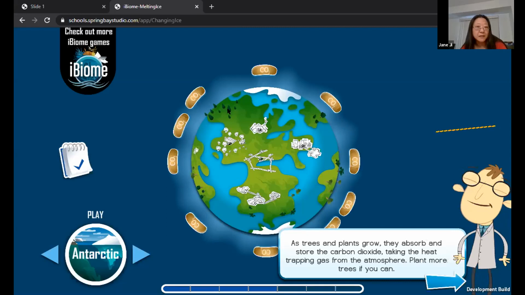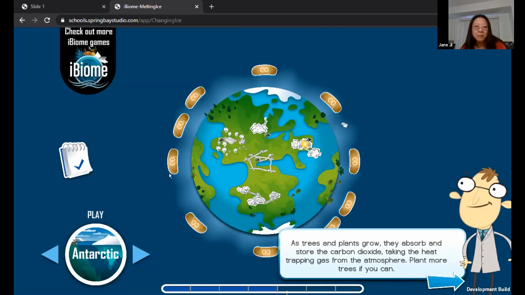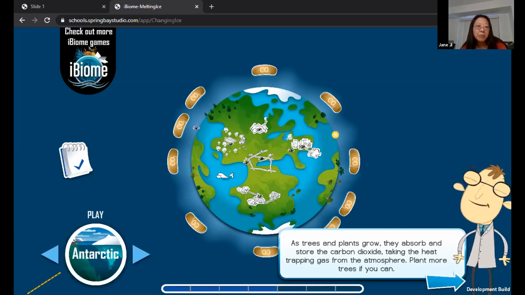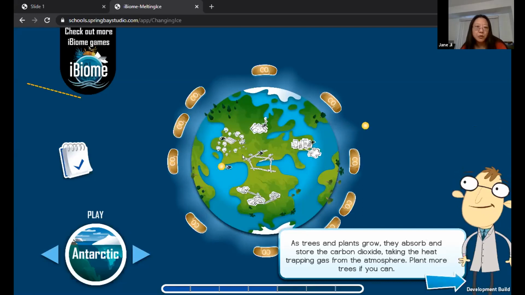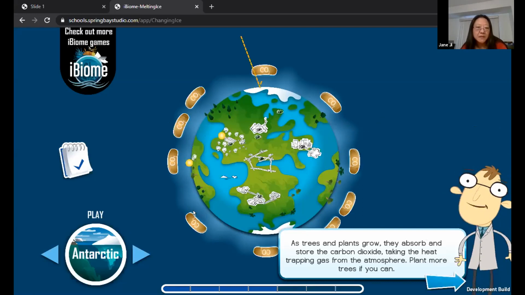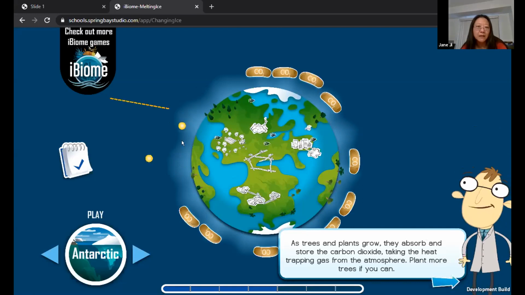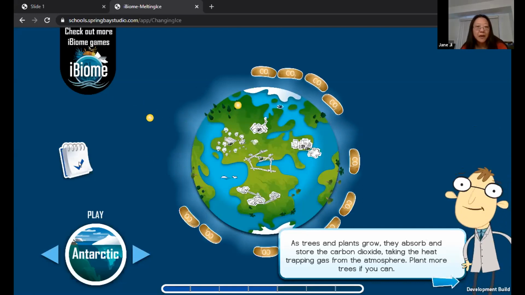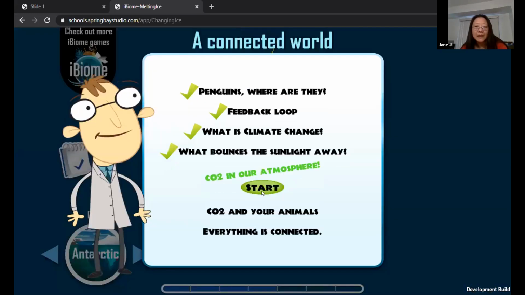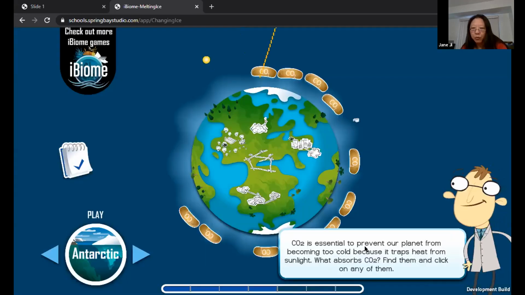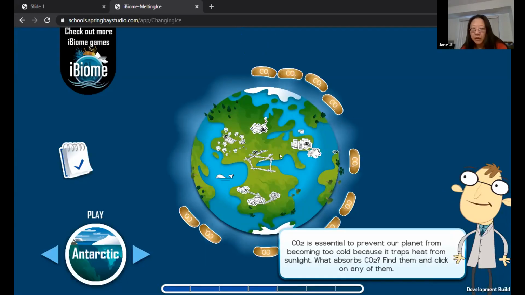They can click on the trees, and there's some kind of hide and seek gameplay there, so they can advance the story. They can have the CO2s presented here, and they can also move around to let the excess heat out of the atmosphere. Not only that, they will be able to absorb the CO2. So we talk about that.